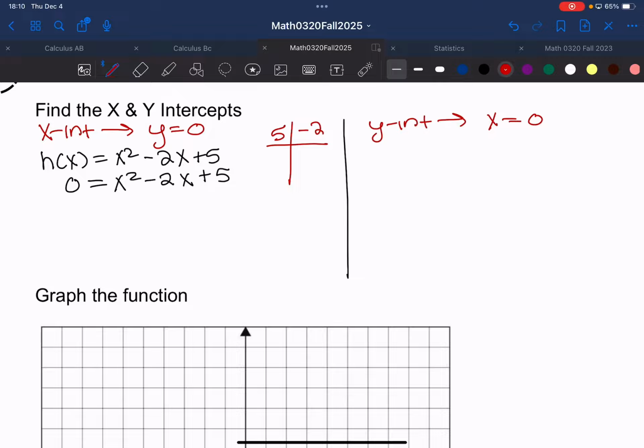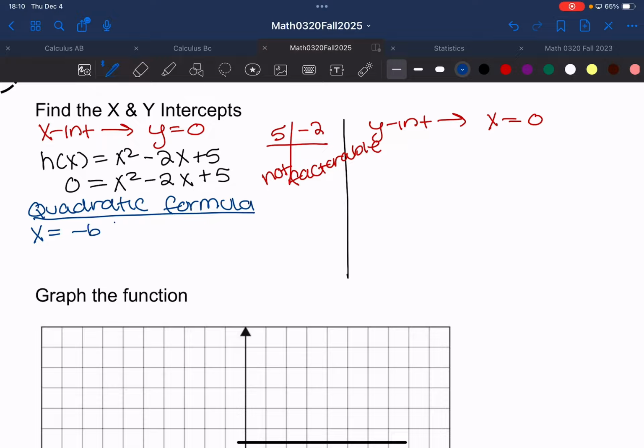And in order to find that, we're going to put over here, okay, this is not factorable. If something is not factorable, you have to do the quadratic formula. Does that sound familiar to anybody? Maybe it'll be familiar once I write it. So I'm going to write the name, quadratic formula. And don't hate me, you're going to need some more space than what I gave you. But this is x is equal to negative b plus or minus the square root of b squared minus 4ac